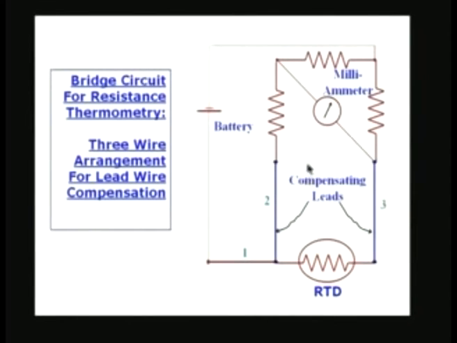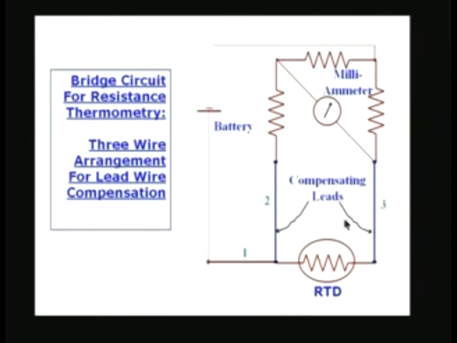There are 2 ways of doing it. I will just indicate what we are going to do. I have shown here a 3 lead RTD. That means there are 3 leads, 1 lead here, lead number 2, lead number 3. What is the advantage of using 3 leads for the correct connection? This point is connected to the battery and this opposite corner is connected to the battery, and therefore, there are 2 arms of the bridge, one arm consisting of this resistance and the RTD plus this lead wire, and the other arm consists of this resistance, this variable resistance and the lead wire.